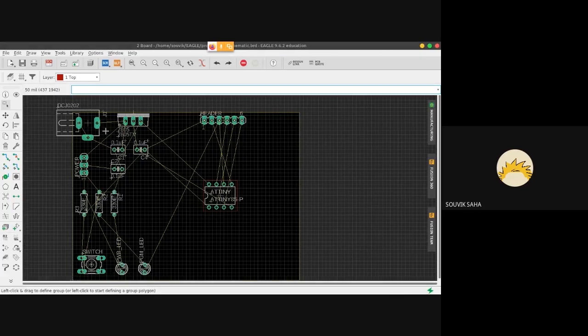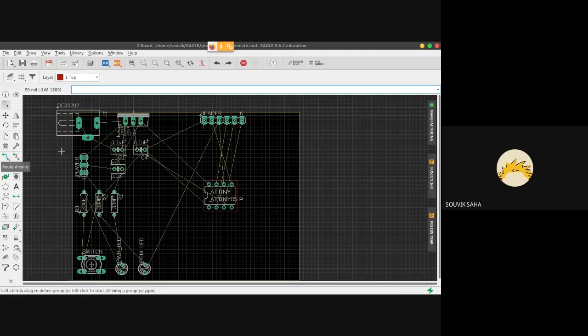The problem with 0.1 mils is that some PCB manufacturers aren't able to make such thin PCB traces. So we'll be going with a value of 6 mils. 6 is kind of a general value; most PCB manufacturers, even local ones, can work with a 6 mil width.